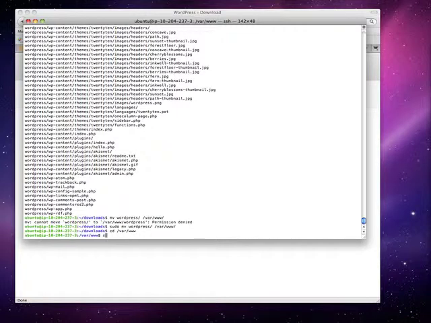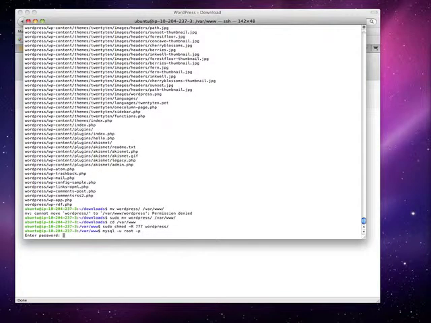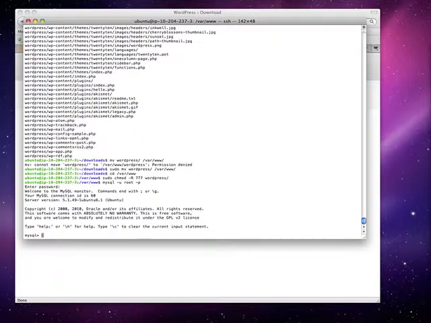Only for this presentation, I'm going to make it easy and fast: chmod 777 on WordPress. Actually I need a recursive. Okay, nice.